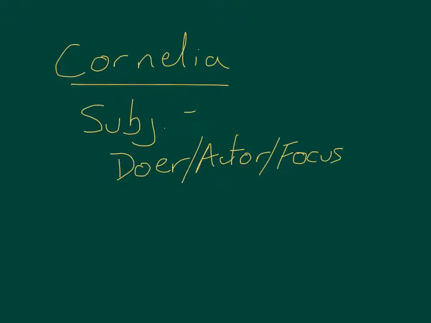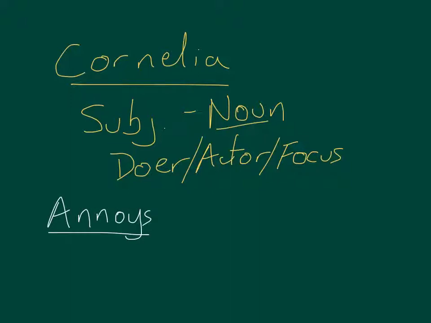And note that the subject here is a noun. Always your subjects will be nouns. So Cornelia, we're saying she annoys, which is a verb. And then we have Sextus,